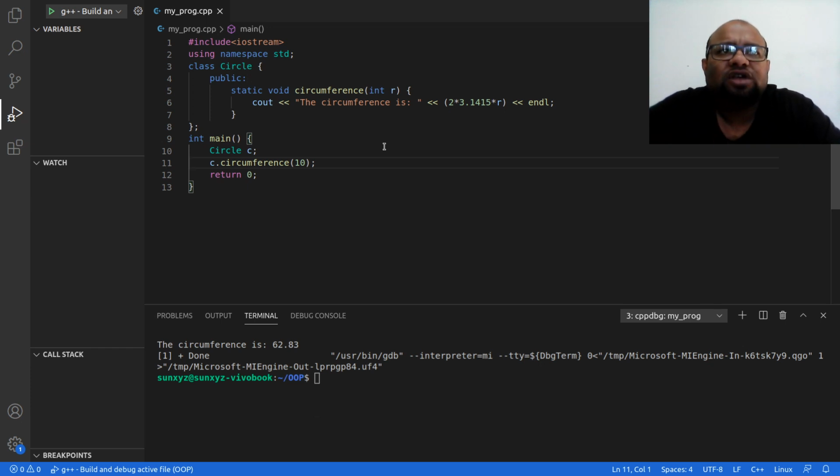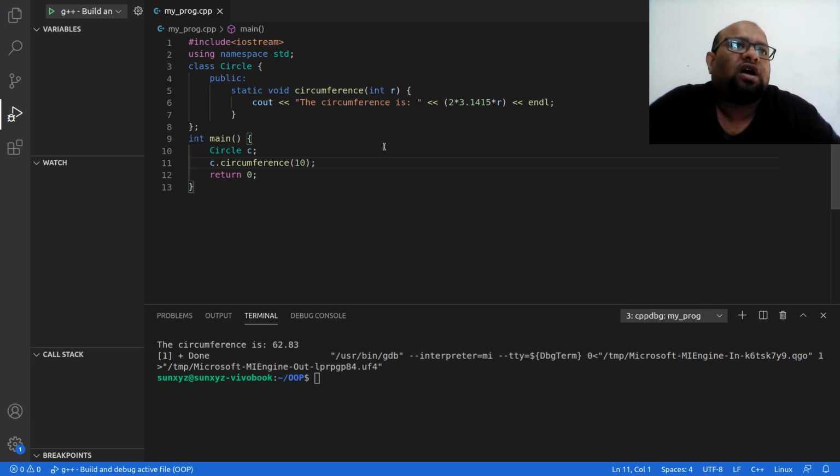Now, it does not make sense for me to create an object for such a simple task. Why should I allocate memory for an object? Why should I maintain an object for such a thing? This object is not going to be used for any other reason, so there is no point in making an object out of this.